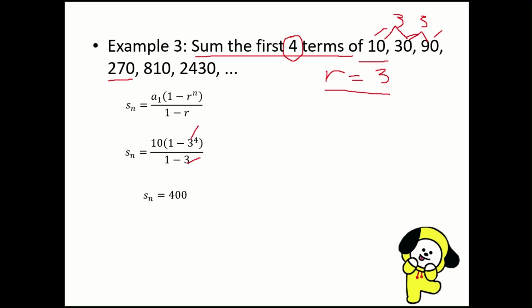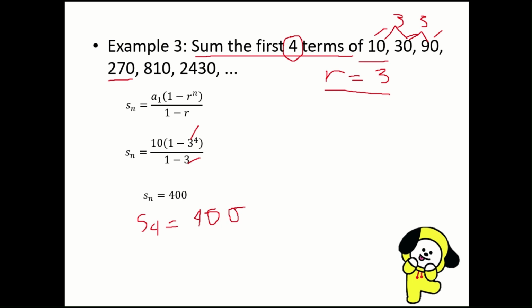A sub 1 is 10. Then it should be S sub 4. I forgot to write, it should be S sub 4, which is equal to 400. You may double check. That's 270 plus 90 plus 30 plus 10, which is the same, 400. Even if only the set of terms are given, you can really do your calculator well if the given